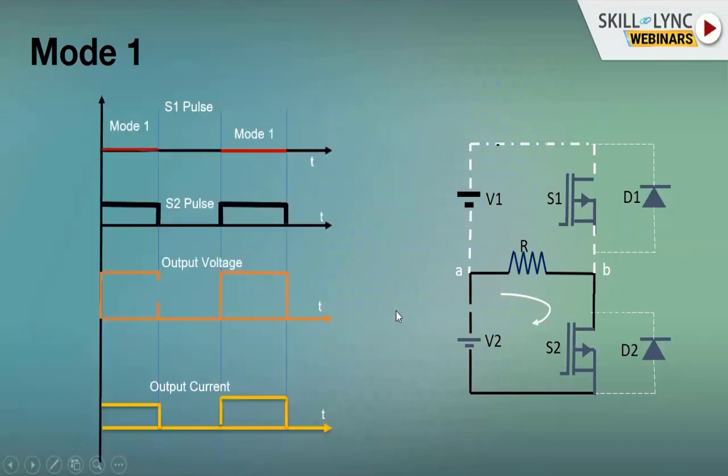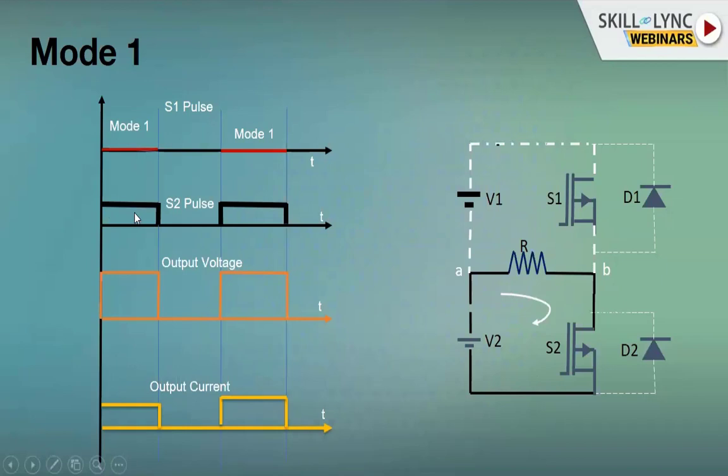Moving on further to jot down the waveforms. In mode 1, the first graph shows the pulse being fed to S1. We have not given any gating pulse to the switch S1, so it is 0. But we have fed a gate pulse to S2 because S2 is switched on. A switch is switched on when you give a pulse to it. So when I give the gating pulse to the switch, it has a considerable amount of voltage, maybe 5 volts. This has been shown with a rectangular symbol.